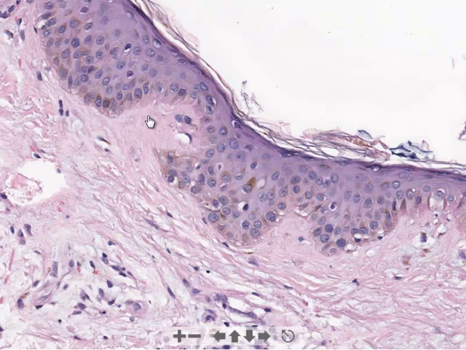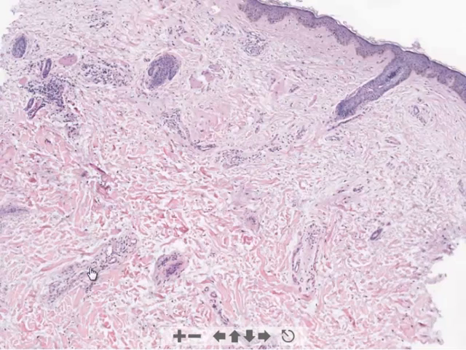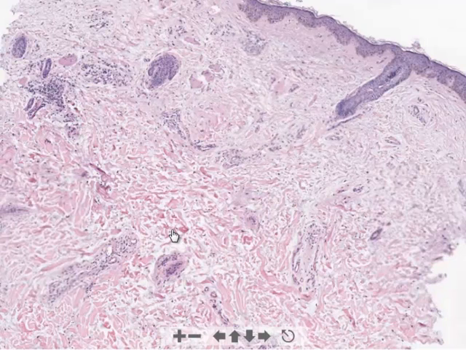interface dermatitis. The next thing we want to do is investigate the inflammatory infiltrate further. And to do that, we're going to go to lower power. So at lower power, we can begin to see that we have an inflammatory infiltrate around the superficial vascular plexus that also extends into the deeper reticular dermis. Next, we want to take a look at some other characteristics of the dermis that may help us to better differentiate this particular lesion. So as we go to higher power,